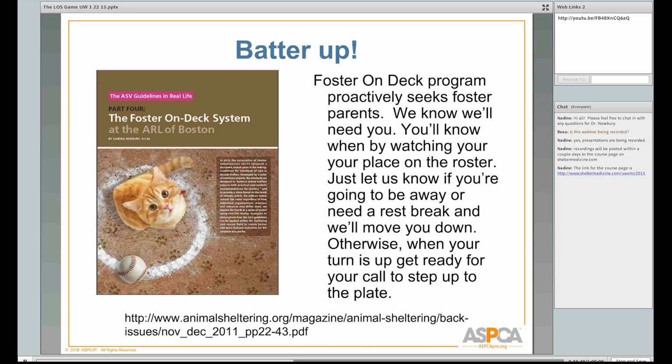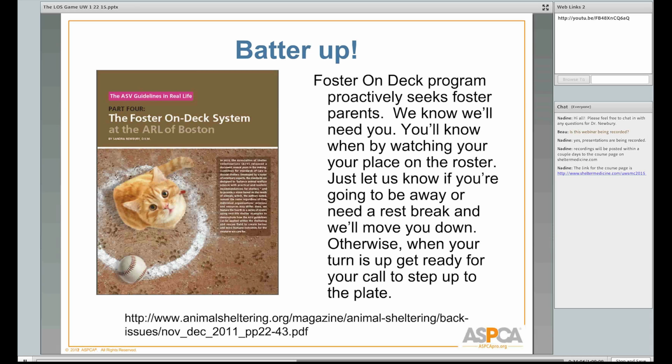And when you use that more reactive method, the kittens can sit and wait sometimes for a week or 2 weeks. There was one shelter that we worked with that had an entire ward that was just dedicated to kittens waiting to go to foster care. So if you remove that middle and just say the kitten shows up, it goes to foster, you can, again, reduce length of stay really, really dramatically.